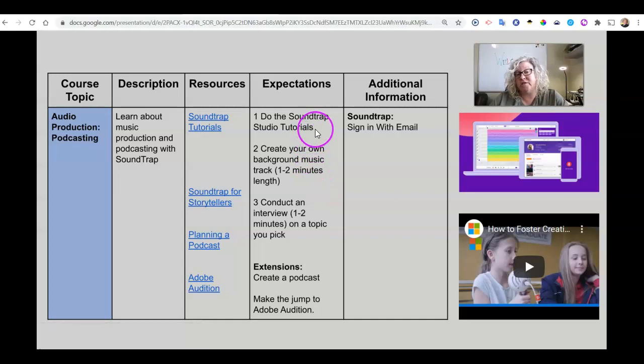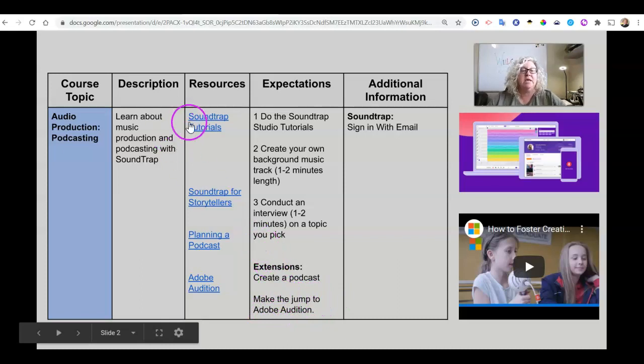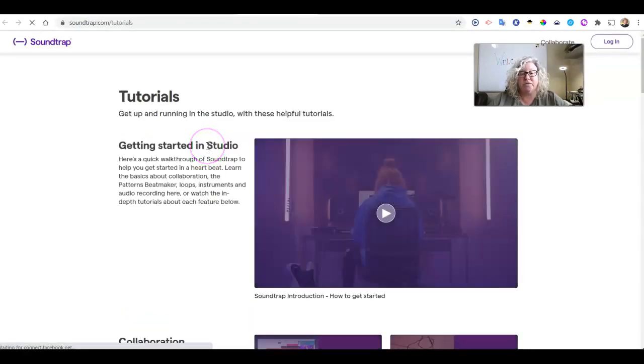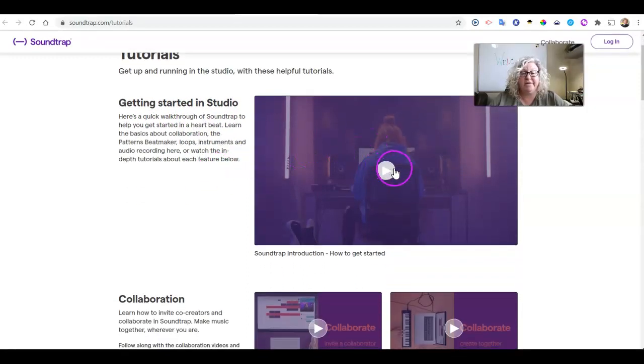And the expectations for this one is to do the Soundtrap Studio tutorials, create your own background music track 1 to 2 minutes in length, and conduct an interview 1 to 2 minutes on a topic you pick. You can create a podcast, and then make the jump to Adobe Audition. So you're going to start out with the resources. You click on Soundtrap's tutorials, and then they are here,